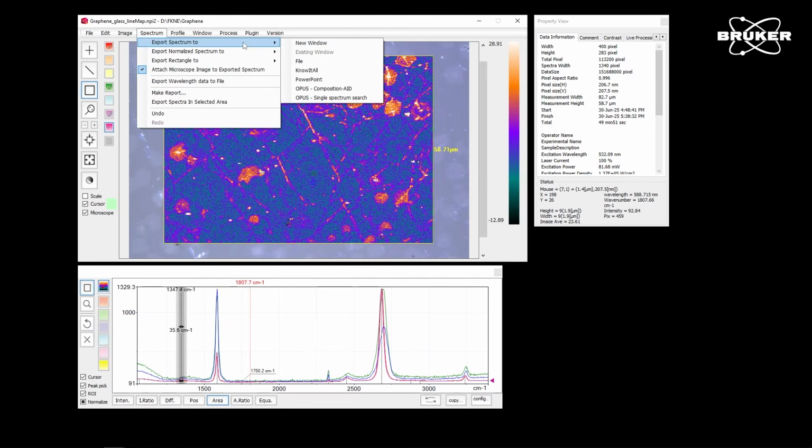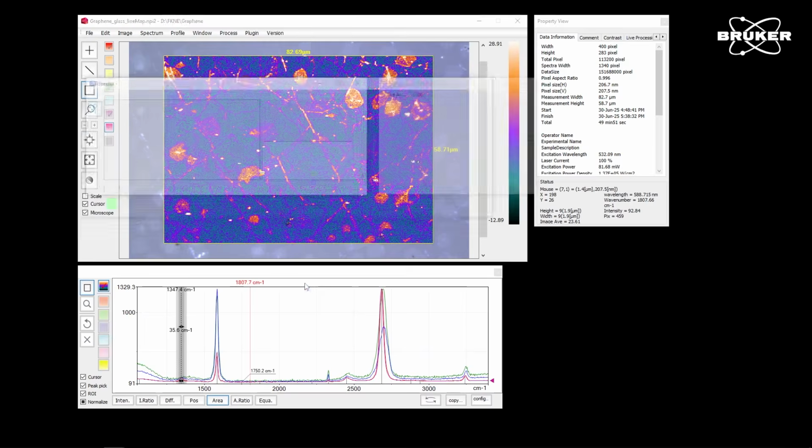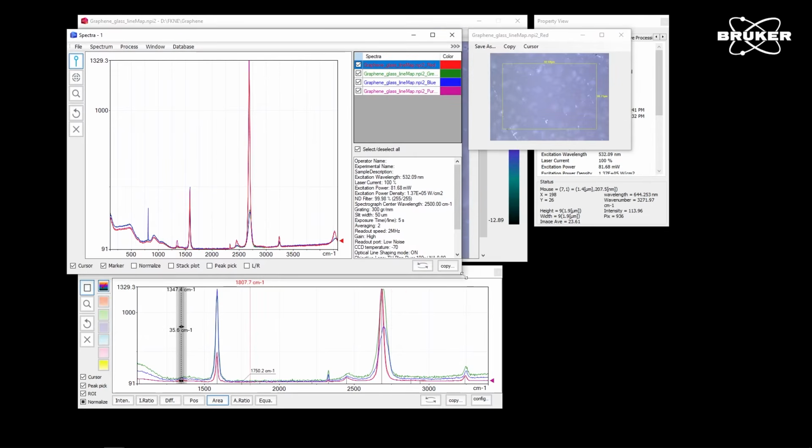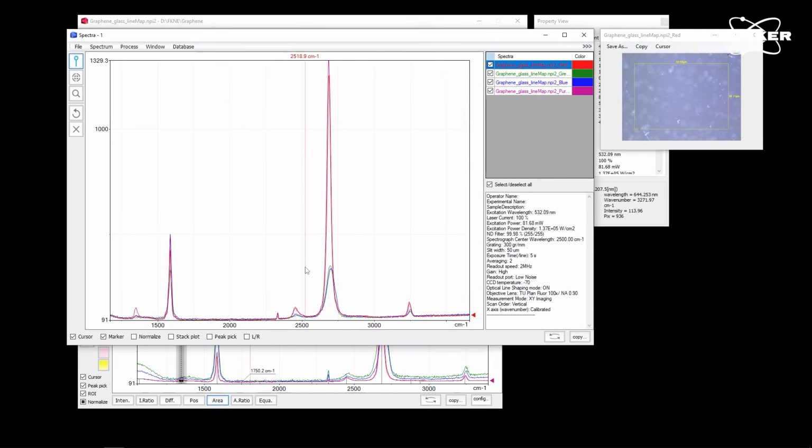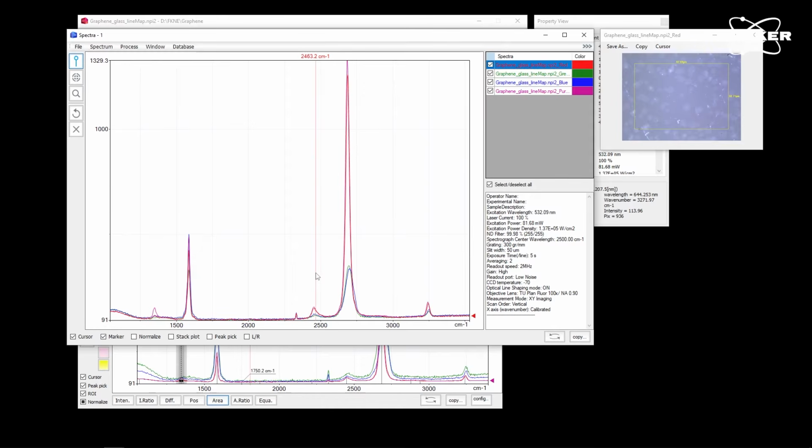These spectra we can export now into a new window to have them bigger. And with that, I will use these to explain where these peaks come from and what they can help us with in our analysis. For that, I prepared a little presentation, so let's jump right into that PowerPoint.